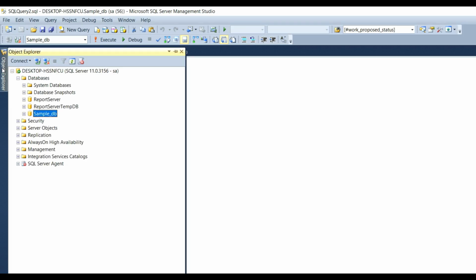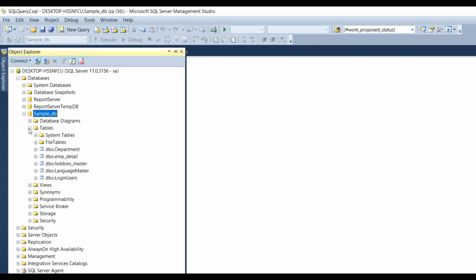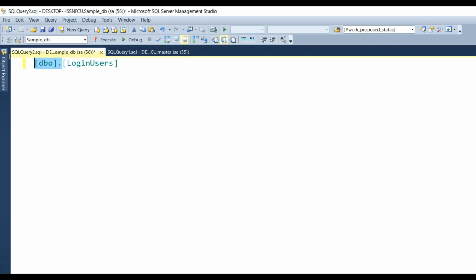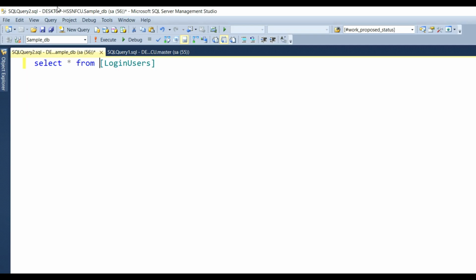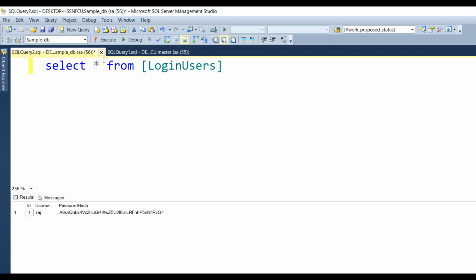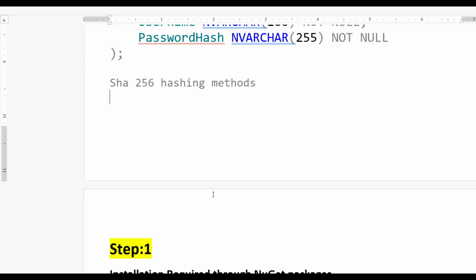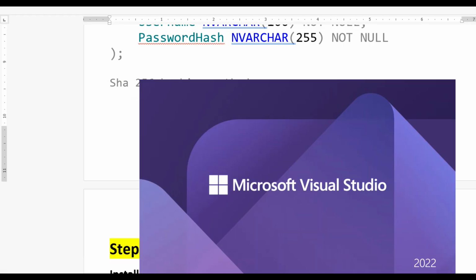I open SampleDB. In SampleDB there is a table LoginUsers, and now you can see select star from LoginUsers, then you execute. You can see here ID, username Raj, and this is the password hash where we are using SHA 256. To further implement this, first we need to open Visual Studio 2022